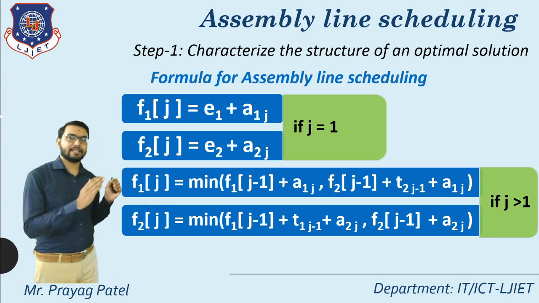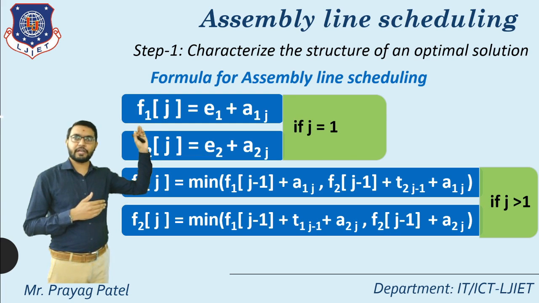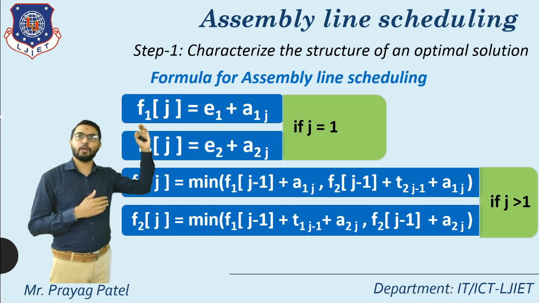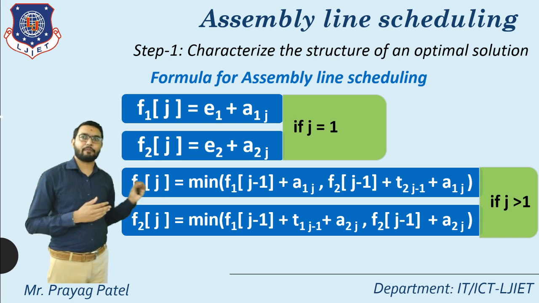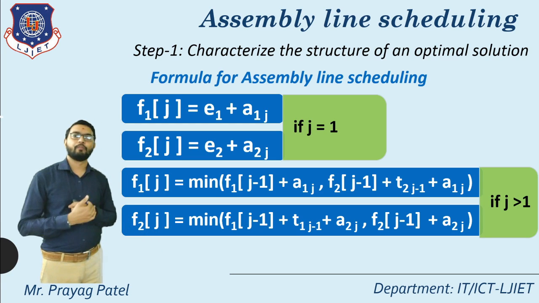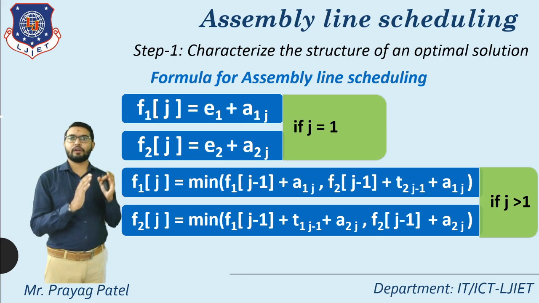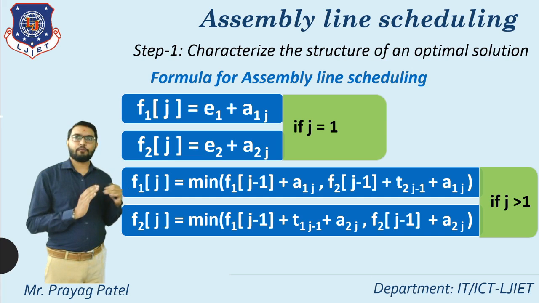Now this formula is applicable for j greater than 1. Because for j equal to 1, you consider the first and second formula. For F1, first formula. For F2, second formula. For value of j greater than 1, consider the third formula for F1 and fourth formula for F2. So here consider these four formulas to find the values of F11, F12, F13 up to F1n, and the second and fourth formulas to find F21, F22 up to F2n.